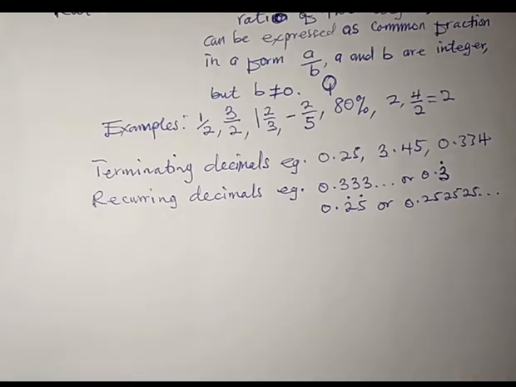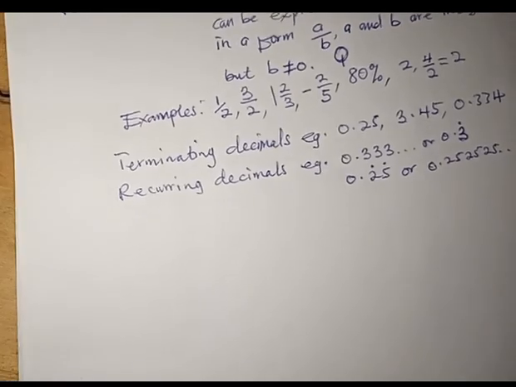So when we talk of rational numbers, we are saying that they are numbers that can be expressed as common fractions. Common fractions, we can divide them and get decimal numbers. So all the terminating decimals and the recurring decimals are also examples of rational numbers. Okay, all right. Now, once we are able to get the idea about rational numbers, then let's proceed to irrational